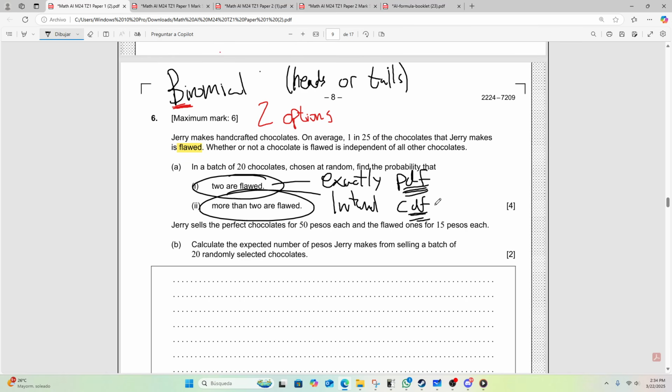And so that is the Quiroz math approach, okay? Realize they're asking for a binomial. That's the hard part, I admit it. But after that, it's asking for exactly 2, PDF. It's asking for an interval, CDF. That is about knowing your tools, knowing what you can do, knowing what you have.